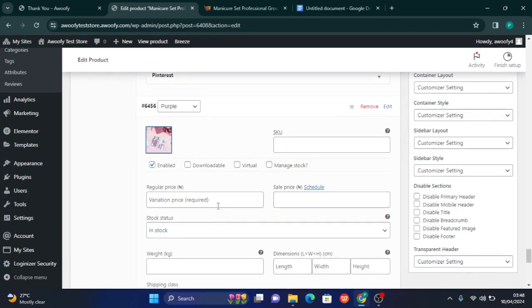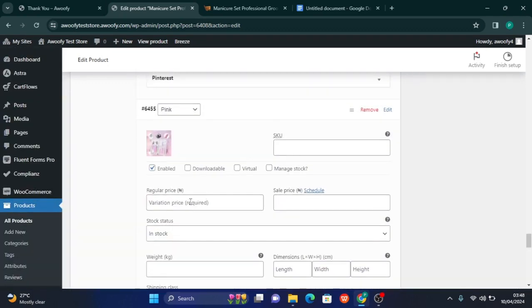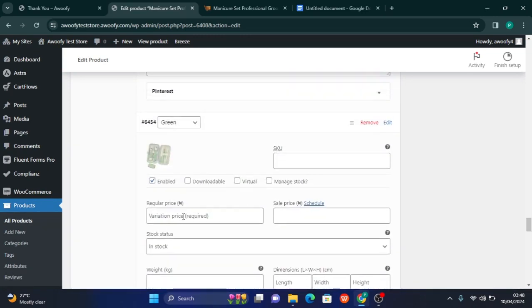So for the price, what are we going to do? Let's just add the same price as it was. You can actually have different prices for each variation, but we'll just keep this simple. Let's sell for 9.5. All products are just the same price. It's not like there's any difference. The difference is just in the color. So let's put this 12.5. Let's put here 9.5. For the sales price, let's do the same thing, 12,500. Let's add it here for